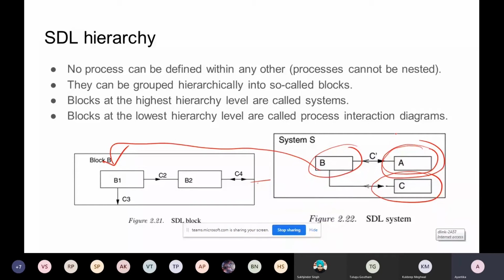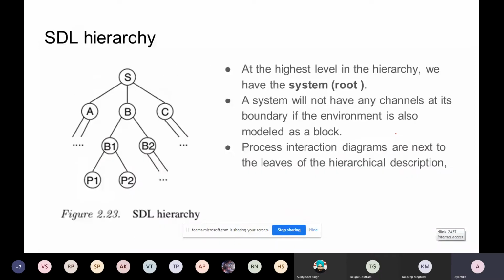Of course, you remember in FSM also we considered hierarchy, and here also, because when you are having complex embedded systems, embedded designs, your modeling strategy should support how you are going to handle this hierarchy. So this is your SDL hierarchy, where you have a main system, the main block. You can consider that as your root. Then you can break it into the main components, then the subcomponents, and so on.